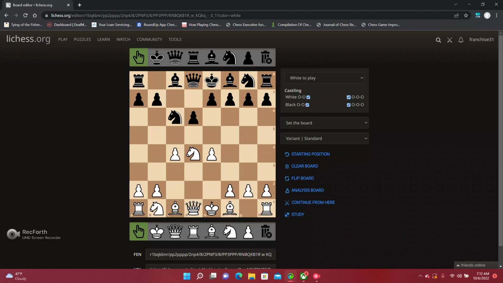Now, granted, it can happen in various different scenarios, including black could take here and white would recapture the queen, but that's neither here nor there. A lot of times this ends up happening, or the knight comes back. Let's go back to starting position and let's try that again. So, boom. This happens quite a bit,